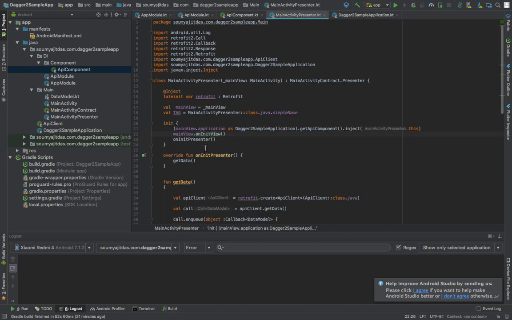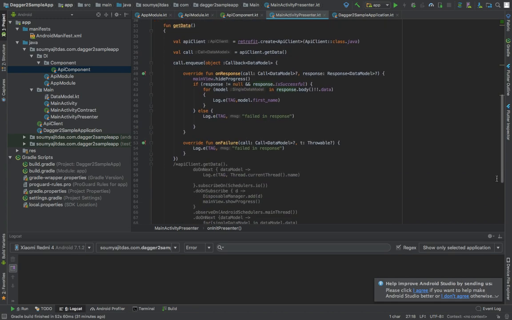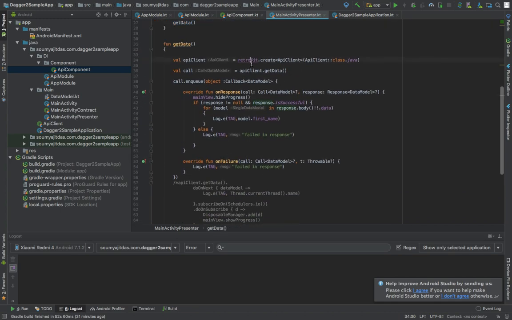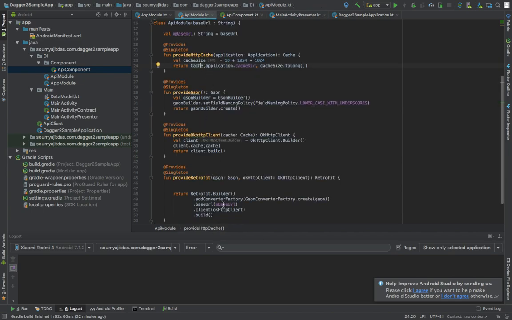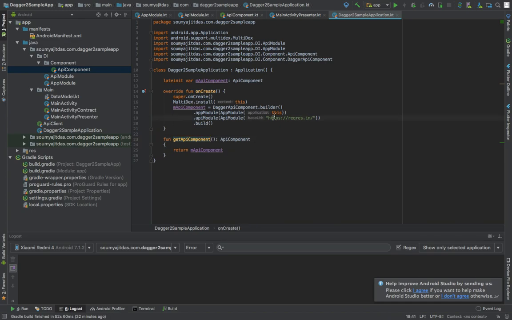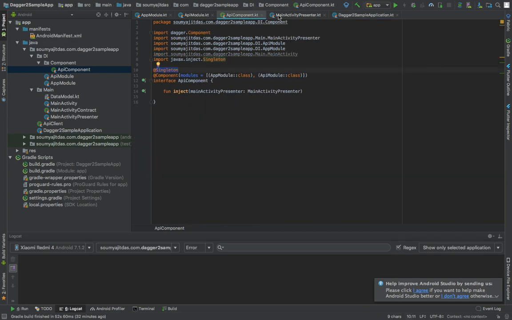And what I am doing is on init presenter I am calling get data, where my retrofit instance will come handy, and it will create an instance of API client. And the retrofit builder is already done in my API module. Once it gives me my retrofit, it will give me my retrofit builder dot build. So it will give me back a retrofit which is actually working. And see the base URL that I am passing from my Dagger sample application here, this is what I am using to build